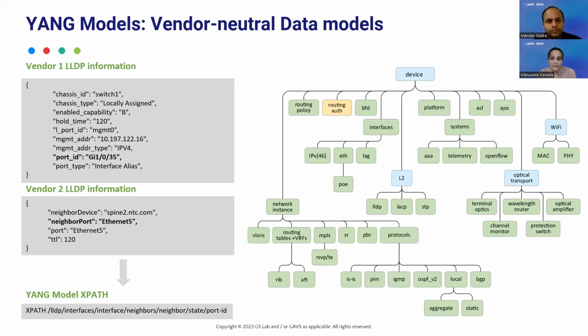OpenConfig has published this diagram that you see on the right-hand side. So these are the network information models that OpenConfig is supporting. It is like a tree-like structure, similar to what SNMP also has. So if you see, LLDP is one of the data models. So this is not the end here. This will again have a subtree with more containers and properties under this LLDP information table. So let me show that also.